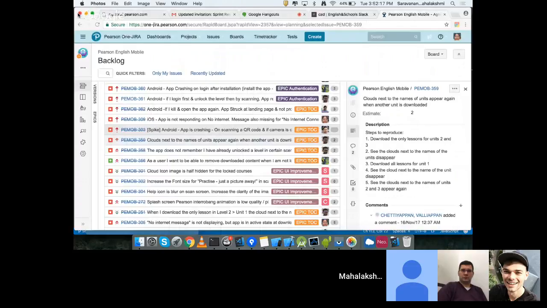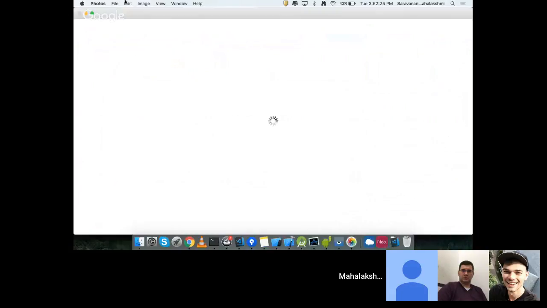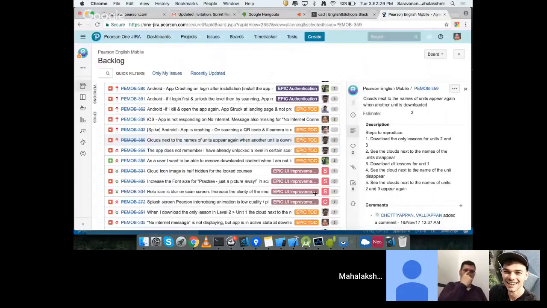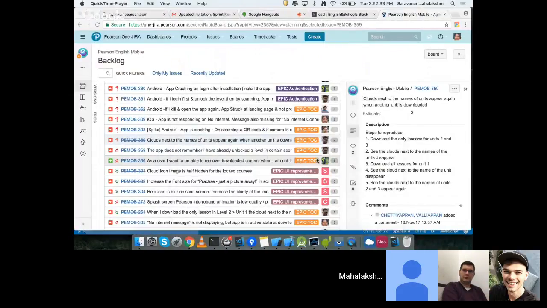So this 359 was about the cloud icon, even though it's downloaded, it will just flicker for a second. So that was the issue reported. So now we fixed it. So you just connect to QuickTime and